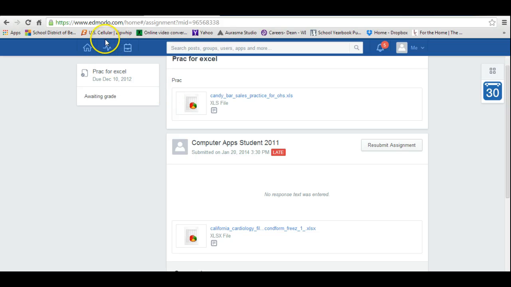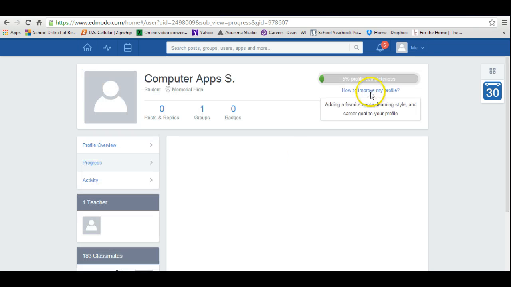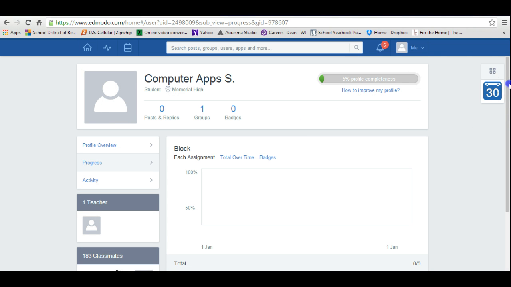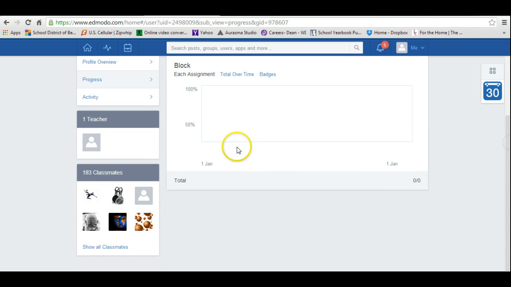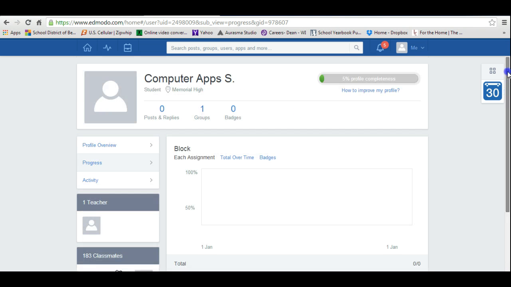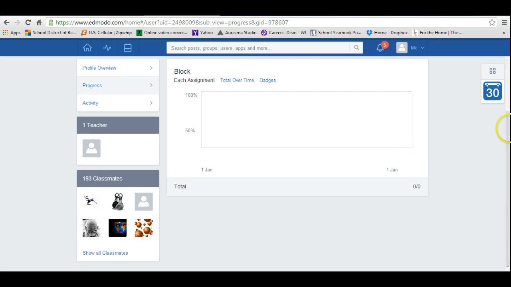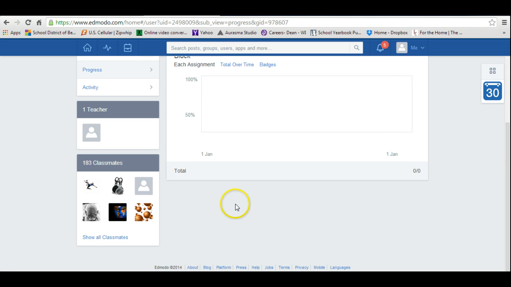What I want you to do is get used to clicking on the progress icon. When you click on the progress icon, and you might have to click on the block, or whatever class you're in, it's going to load. We'll see if it works for me. Like I said, Chrome doesn't usually work for me. Okay. What's going to happen is, you can't see it here, but there will be a bunch of bars. There's going to be a bunch of bars here. And within those bars, you'll be able to scroll down, and it'll give you a list of,